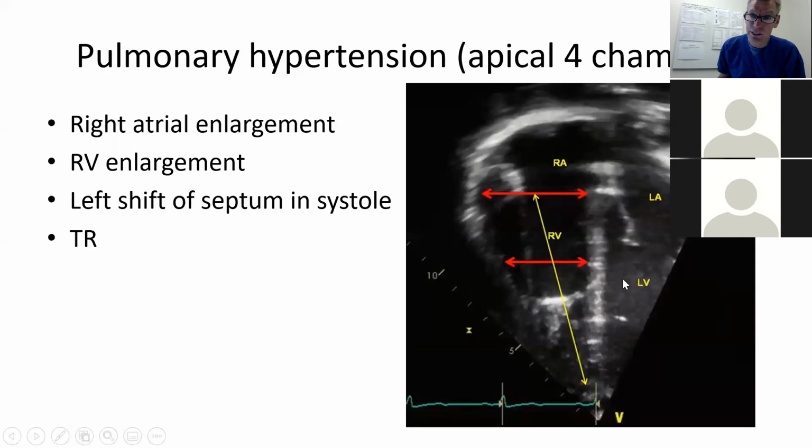And then the second view on the echo is, remember I talked about the apical four-chamber view, and sometimes, as I said, your echo machine will flip it around. In this case, it has flipped it around. The right atrium's here, the left atrium's,